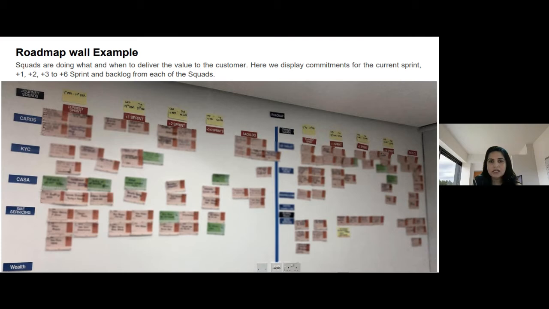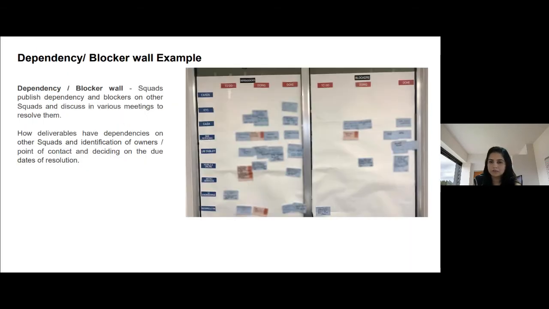You can see that the red sticky notes are the normal epics and features. The green sticky notes say that it is a milestone. So a milestone is going to come in, say, sprint 1, +1 sprint, like the next sprint. Okay, then some, like in the next 6 months, there's one milestone coming. So that squad has put the green sticky here. So like that, you can show everything physically on that board.